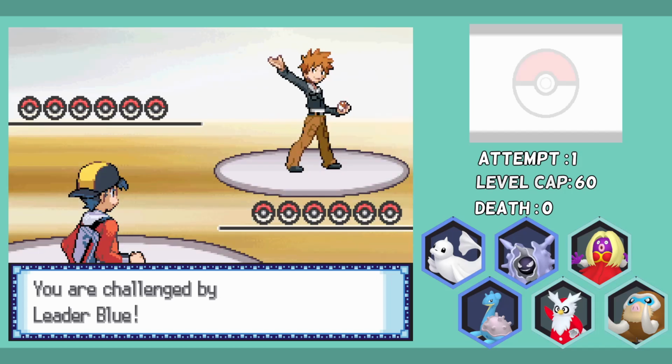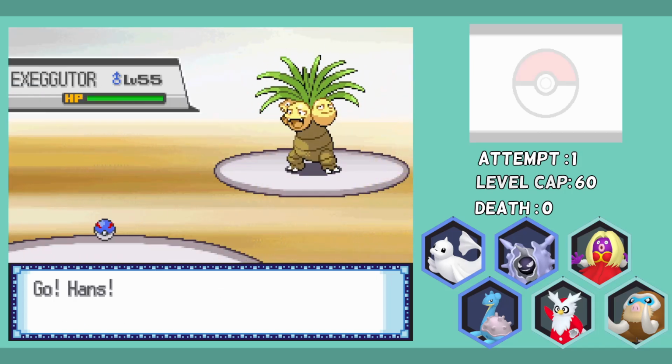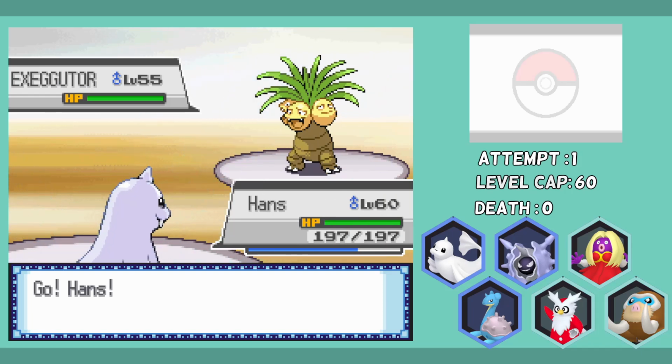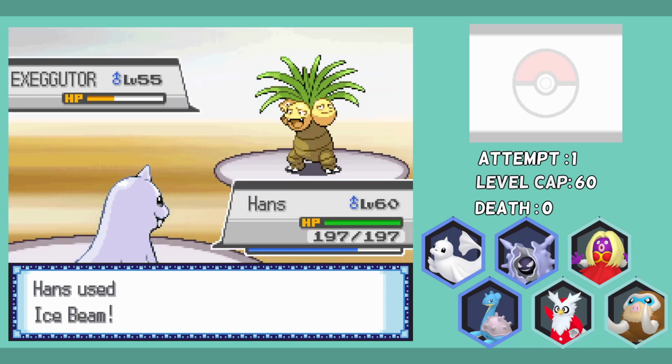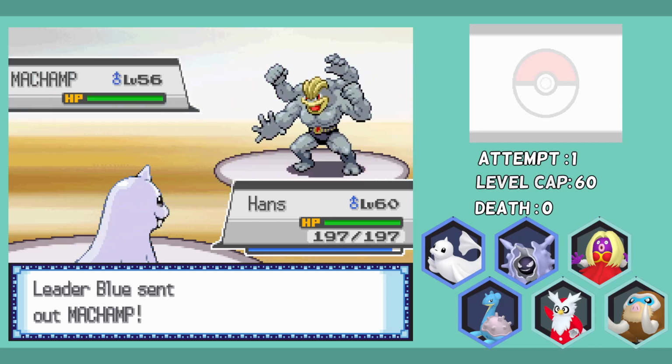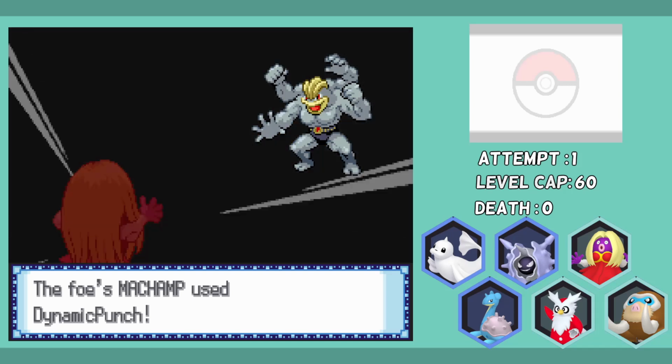He has a no-guard Machamp that I am very, very worried about, so I lead Hans against the Executor to hopefully bait out Machamp next. We can take out the Executor with a Nevermelt boosted Stab super effective Ice Beam, and we do bait out the Machamp. The plan here is to swap into Elsa, which may seem very weird as she gets hit with